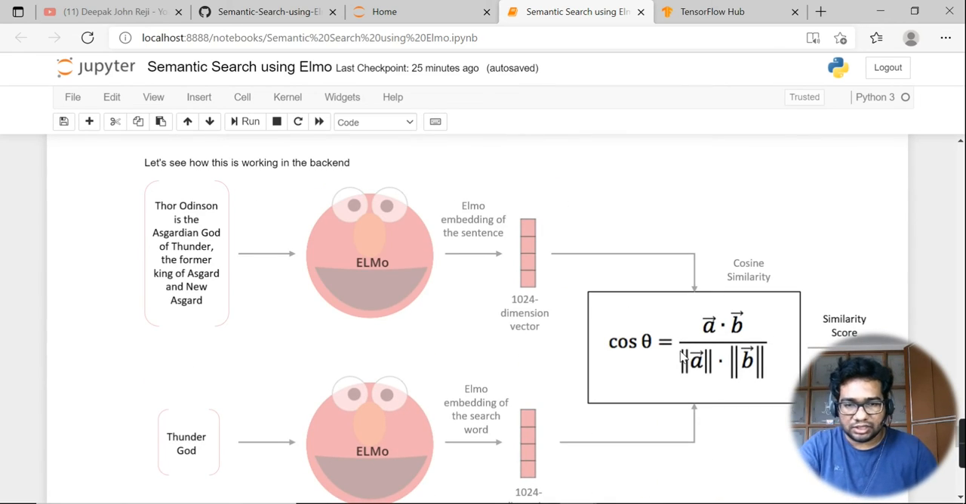So now let's see how to make use of this logic to build a semantic search. Let's say I have a sentence: Thor Odinson is the Asgardian god of thunder, the former king of Asgard and New Asgard. Suppose I am giving the query: who is thunder god. So ideally, this particular sentence will get embedded using Elmo embedding, and that will convert into a 1024 dimension vector. Similarly, we will embed the thunder god query using Elmo embedding, and that also will become a 1024